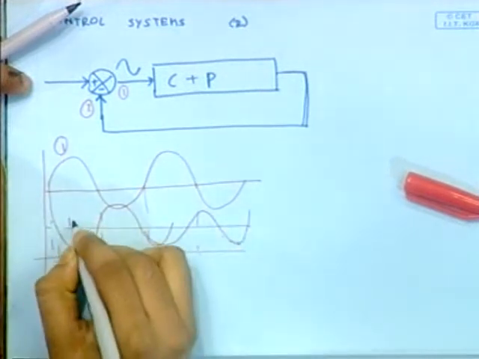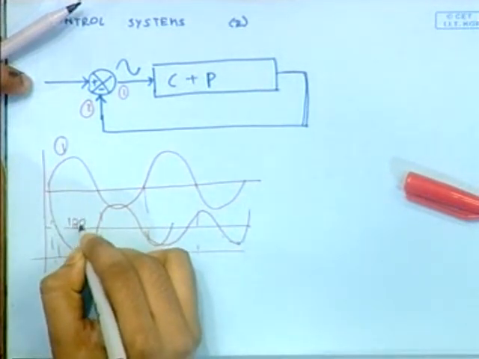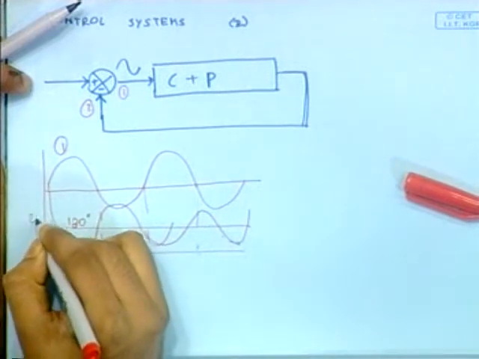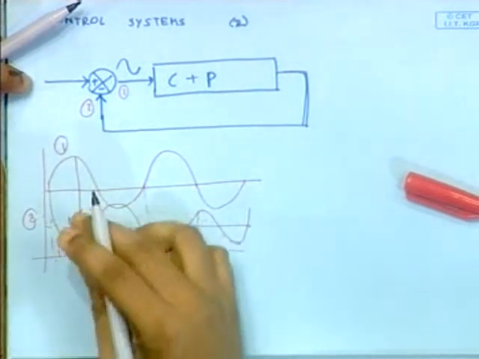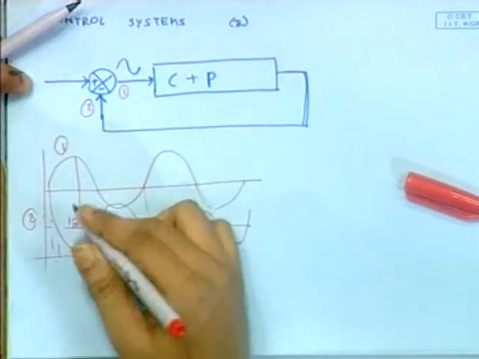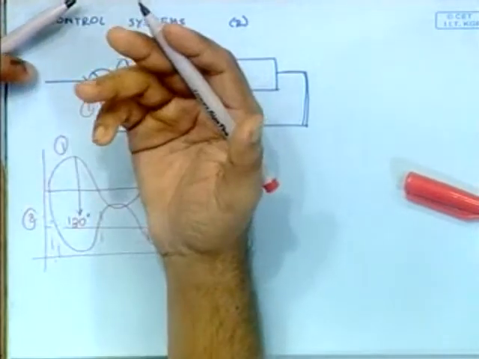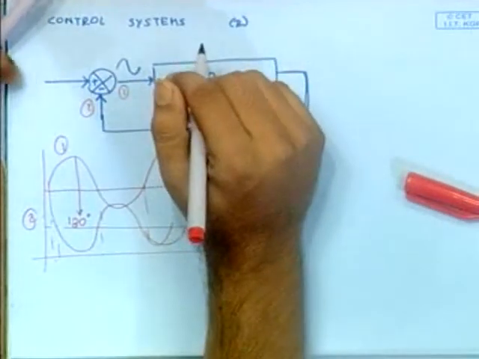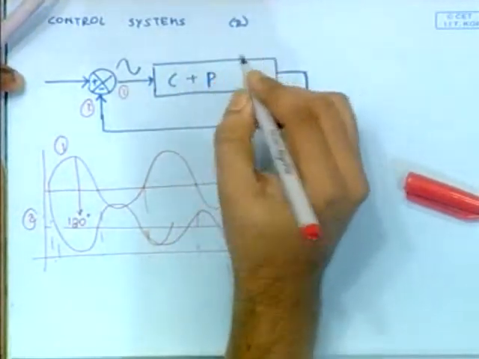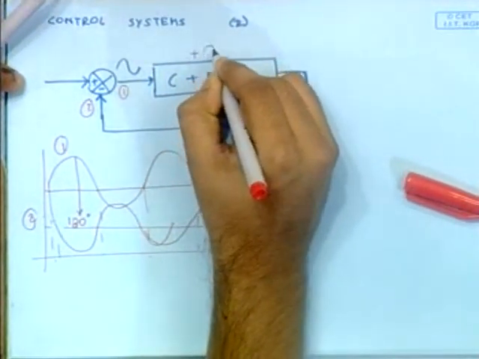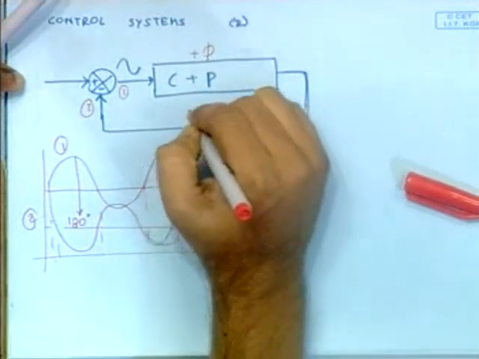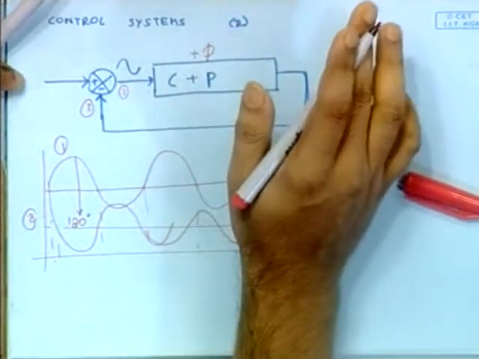If from 1 to 2 there is a 180 degree phase shift, what will happen when this comes here in 2, and the minus will invert this and it will actually become a positive feedback and the system will become unstable. Hence, this entire compensator plus plant, this system will add some phase into that